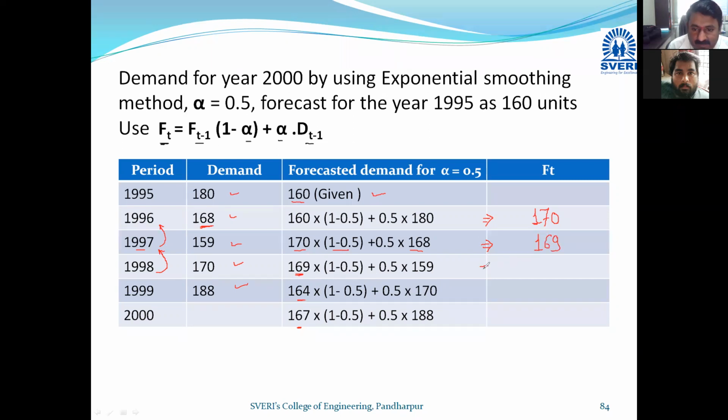169. If you go for calculation of year 1998, so previous year forecast 169 into bracket 1 minus alpha plus 0.5 into previous year demand. So you can see here 159, and you will get the answer as 164. For year 1999, this 164 previous year forecast into 1 minus 0.5 plus 0.5 into 170 as the last year demand. So you will get this answer as